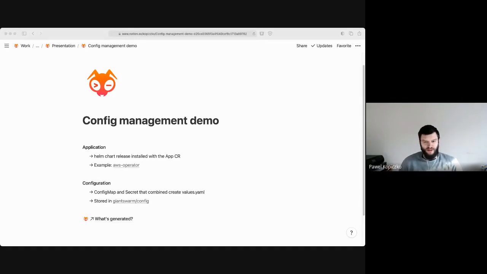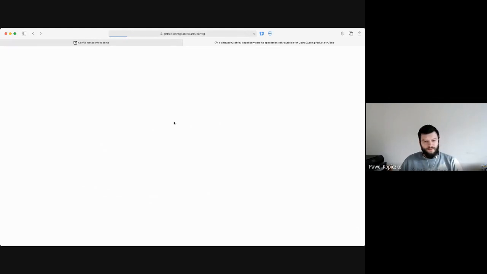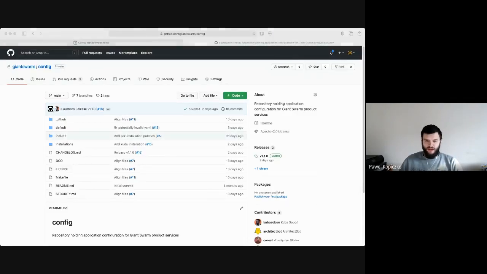So far, we are storing most of our configuration in Giant Swarm's installations repo, but it has its drawbacks. And as we, I mean Team Biscuit, were working on turning workload clusters into management clusters, we decided that what the current installations repo has to offer is not enough. So we decided to build everything from the ground up and replace the installations repository with the new Giant Swarm config repository,